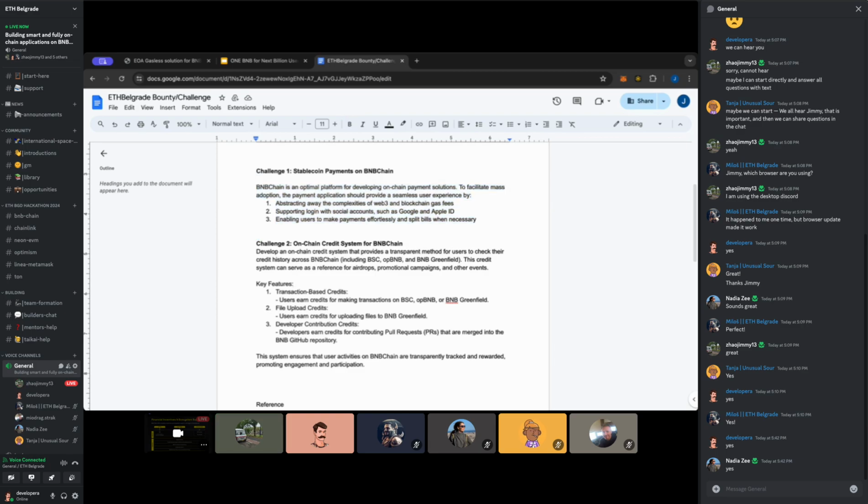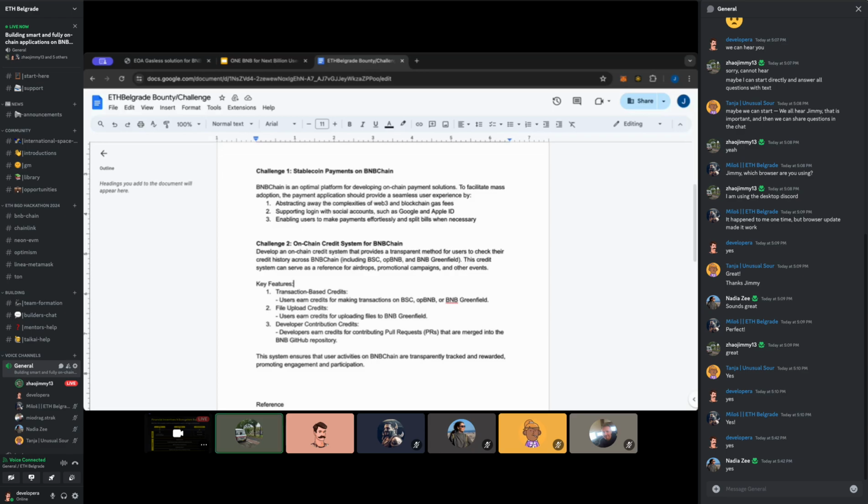So we are looking for a project that can develop an on-chain payment solution to facilitate mass adoption. A payment solution should provide a better user experience for non-Web3 native users.